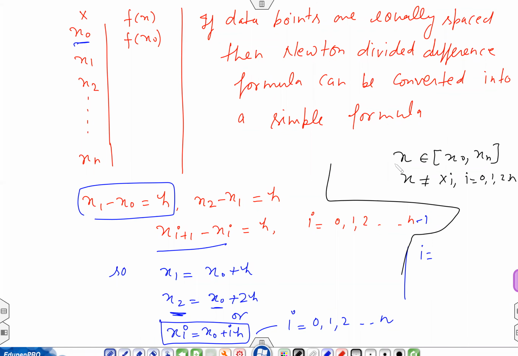Okay, x हमारा क्या point है? That is different from these given data point, but it is lying inside the interval. तो x हमारा कुछ भी हो सकता है. That is in between from x0 to xn. Okay, so we can write this general point as